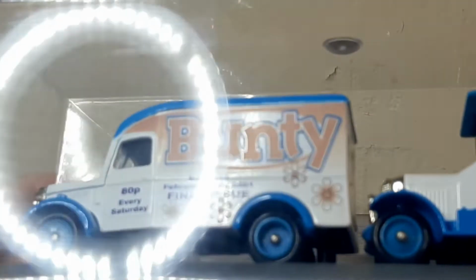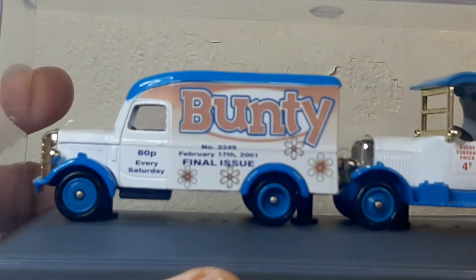So we all know that around the world, from our youth into our adulthood, we mostly love comic books. They stimulate our imagination, they tell us stories, and Lido has produced loads and loads of British comics. So again, pretty much unique to this part of the world. And we'll start off with two girls comics, and this was a Bunty set,